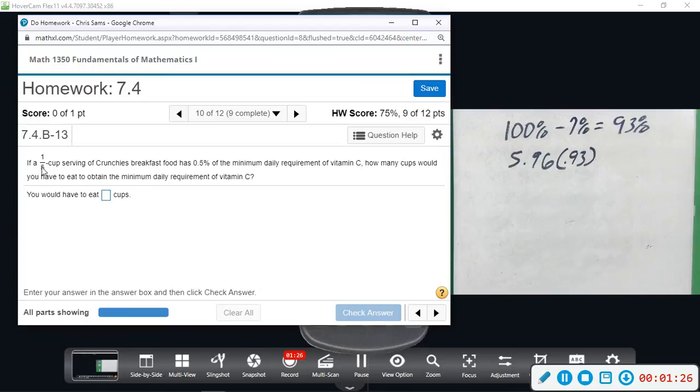Okay, 10 says if 1/5 cup serving of Crunch's breakfast has 5.5% of the minimum daily requirement, how many cups would you have to eat to obtain the minimum daily requirement? So 1/5